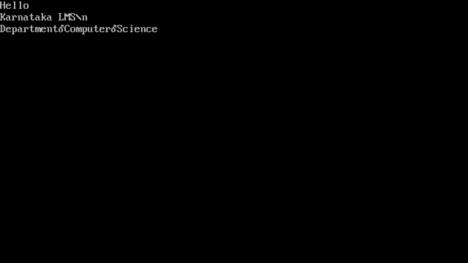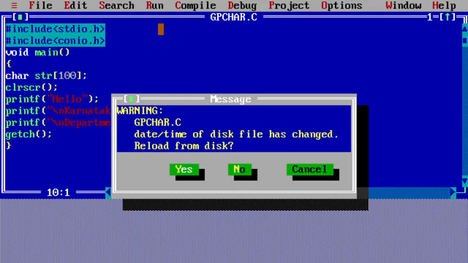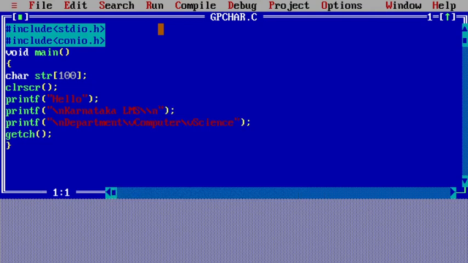So to display \n, the vertical tab was not working straight. So instead of it, we will use \t, the tab.